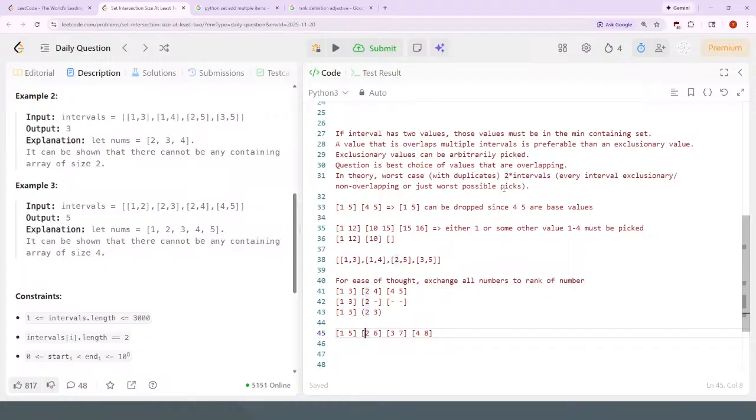And then what if it doesn't? So what if it was something like